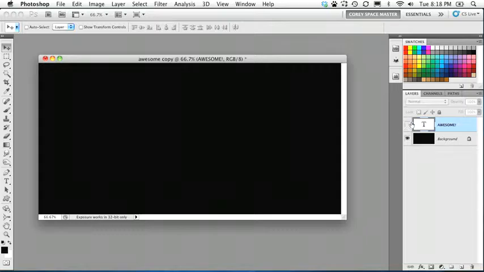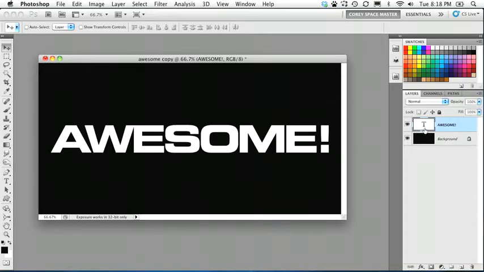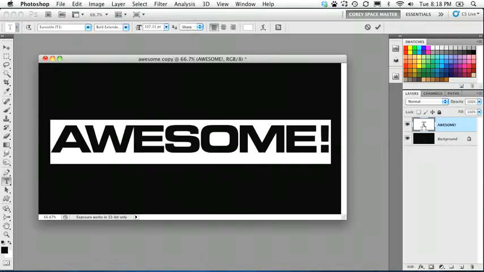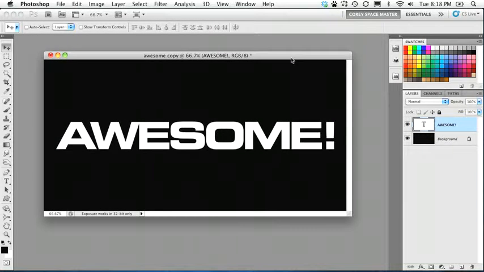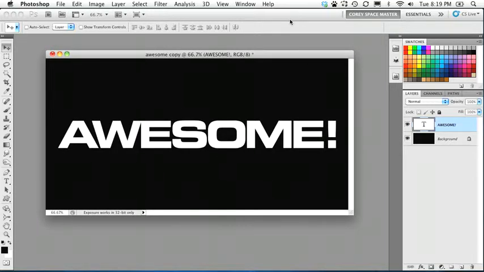So we're going to start with a simple text layer here, and I've gone ahead and set the text, as you can see right here. It's just the word awesome. And it is using the same Euro style font we used earlier on the Hollywood poster. It's just a nice big bold font. It looks pretty good. So what we're going to do is really cut this image up,